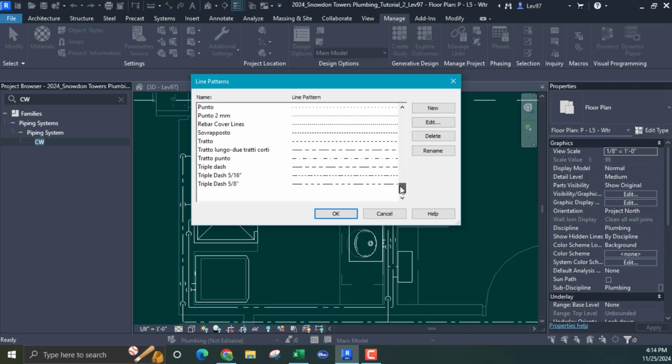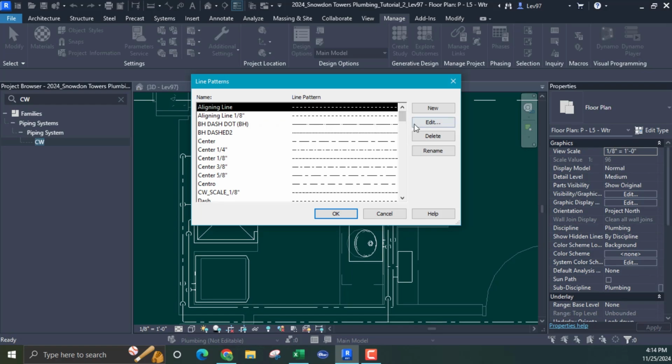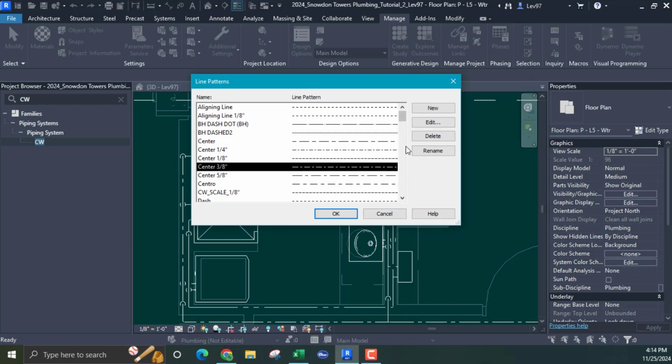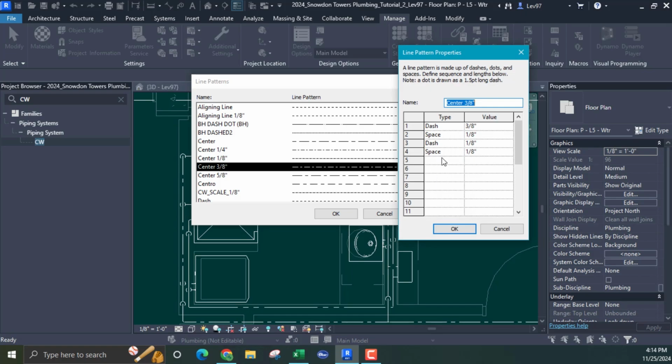So now you know you can control them using this edit button, and you can just get an idea. Say you wanted a center, you want to edit and see what that is, right? So that's more or less like the cold water's footprint,